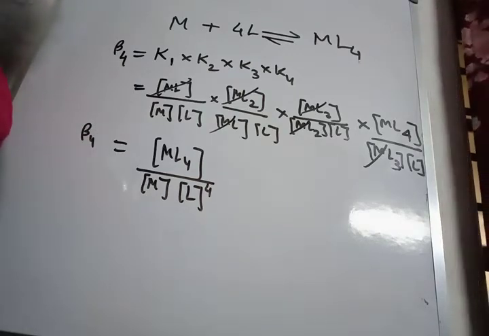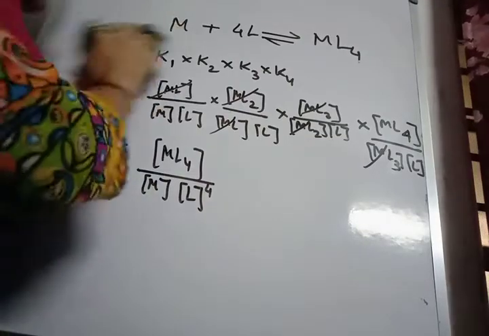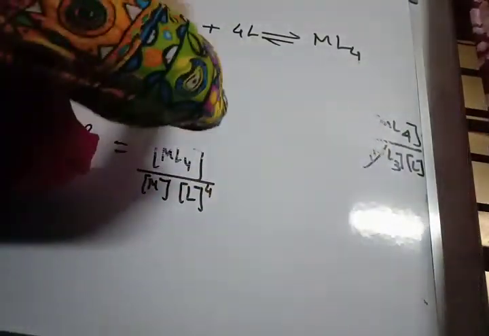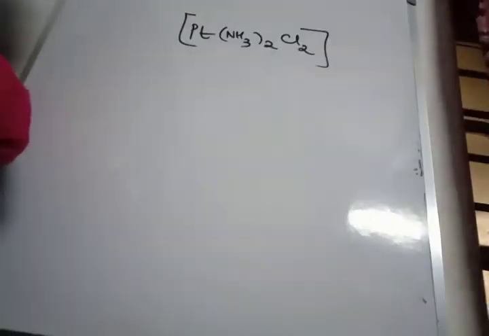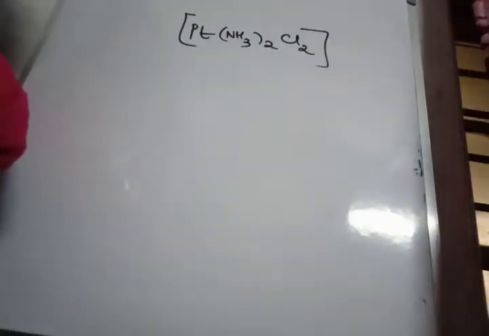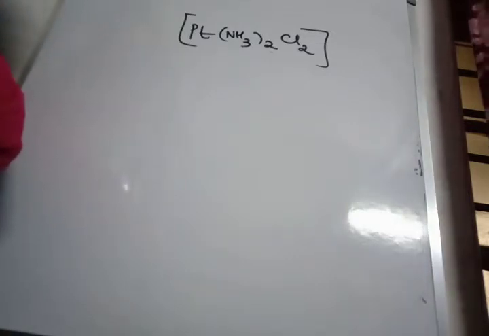And last we come to the uses, or I can say the importance. Now basically the coordination complex or the coordination compound is used for medicinal purposes. If I give an example, cisplatin is used as an anti-tumor agent for the treatment of cancer. This is my cisplatin. It's a square planar complex. Next, a complex of calcium with EDTA is used to cure patients suffering from lead poisoning, right?